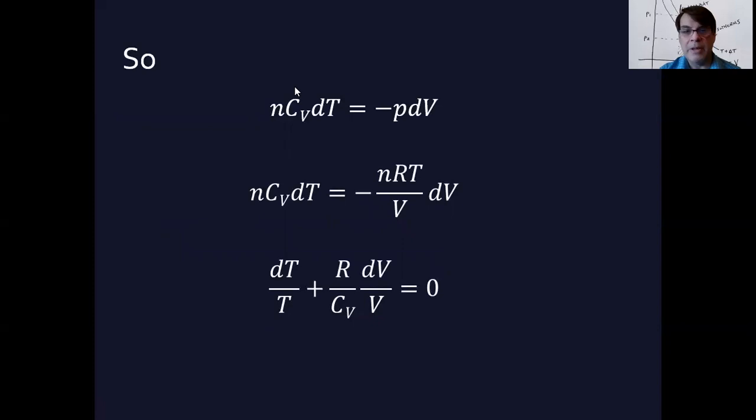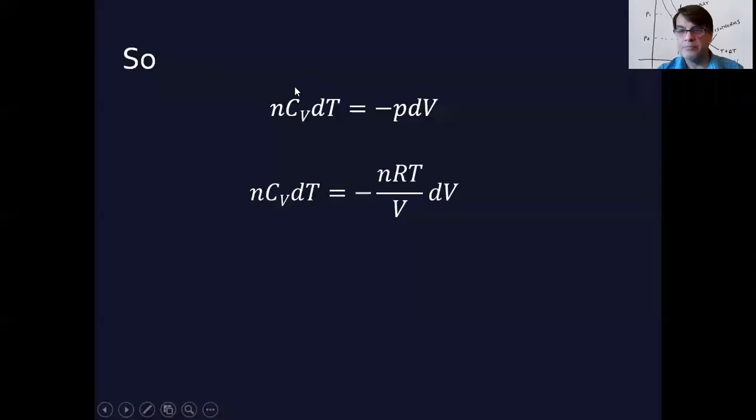Oh, let me make it suspenseful. So let's do the same thing we did. Let's substitute in for P. PV equals nRT, right? So P equals nRT divided by V, right? So we just substitute in this for P, right? And now we've got some stuff that we can